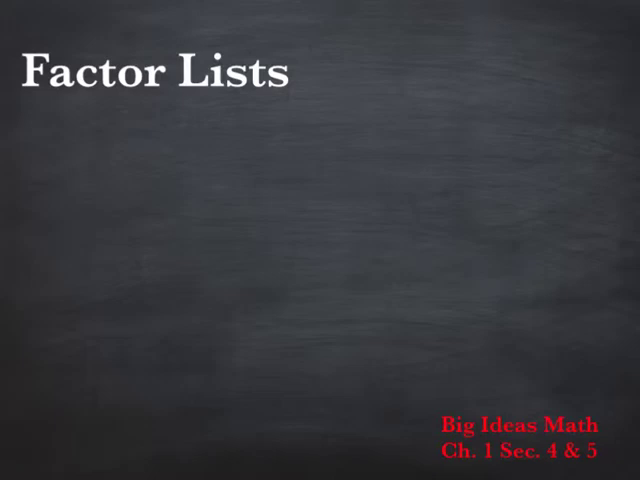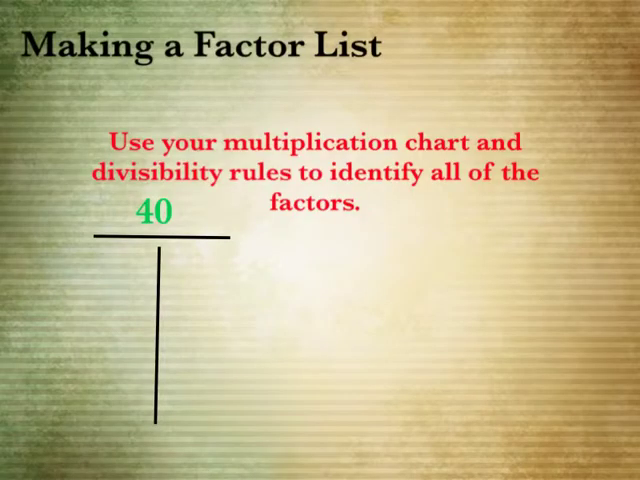Alright, this lesson is going to be about factor lists, not only how to write them, but the second half will be using factor lists to find greatest common factor. Okay, so to make a factor list, you always want to use your multiplication chart and divisibility rules to identify